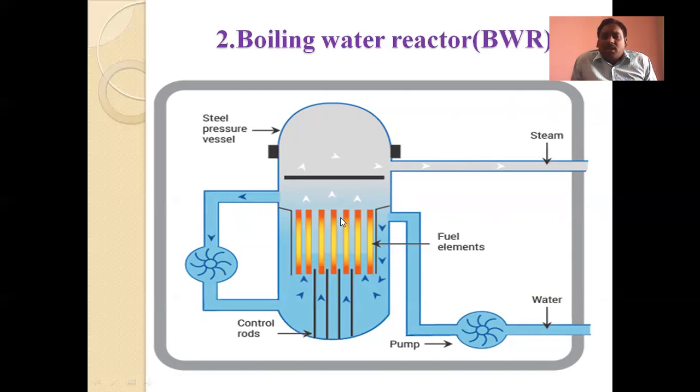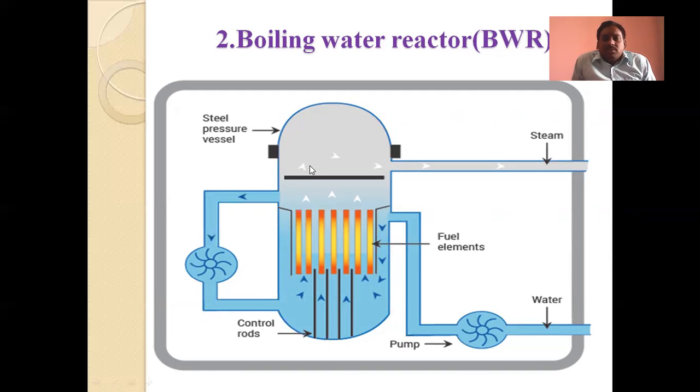What happens here is that due to the production of heat in the boiling water reactor by nuclear fission, the water is directly converted into steam. Why? Because this water is only in the reactor vessel. There is no heat exchanger or steam generator. Water is located within the reactor. That's why it is directly converted into steam in the boiling water reactor. That's why there is no location for control rods at the top, and control rods are placed at the bottom side of the boiling water reactor.